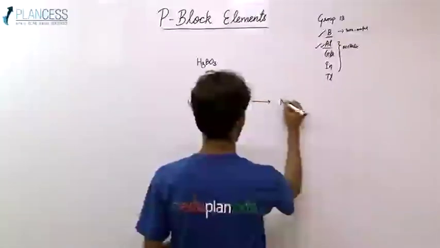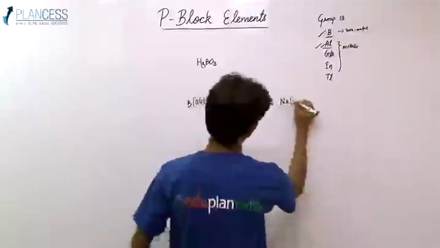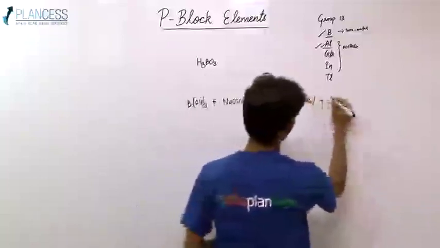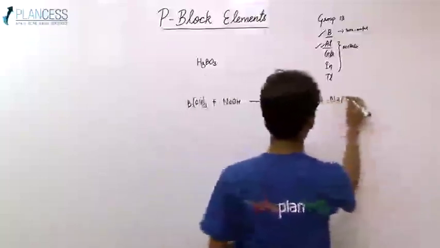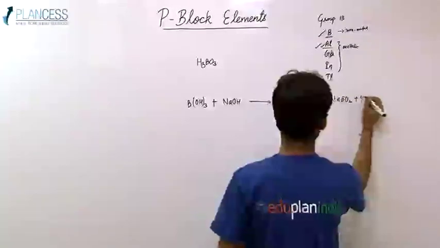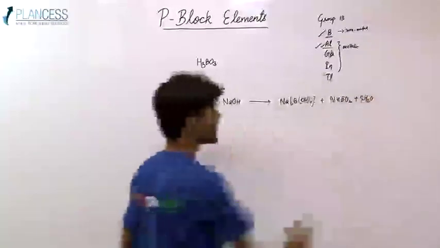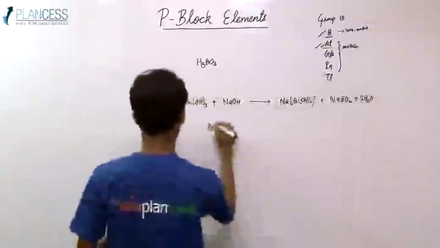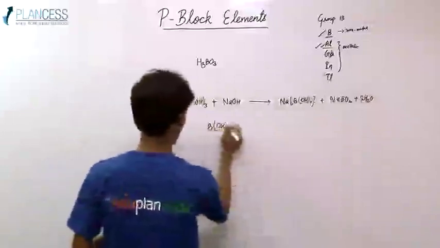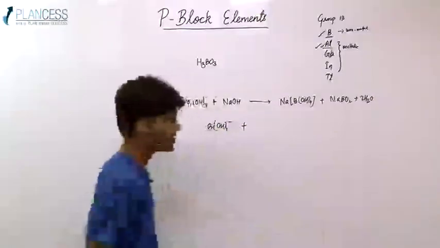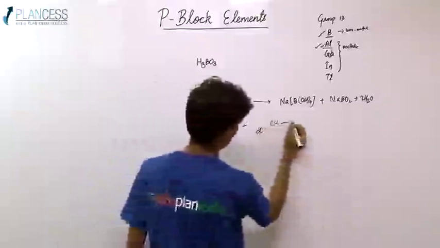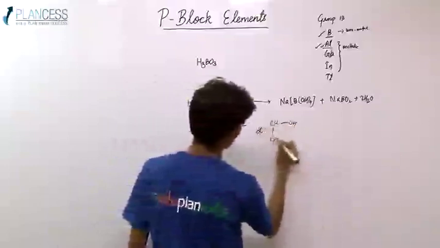So it forms NaB(OH)4 and NaBO2 plus 2H2O. Now this B(OH)4 minus reacts with the cis-diol, that is, two of C-OH here, OH here,